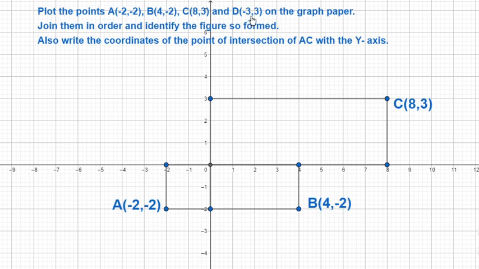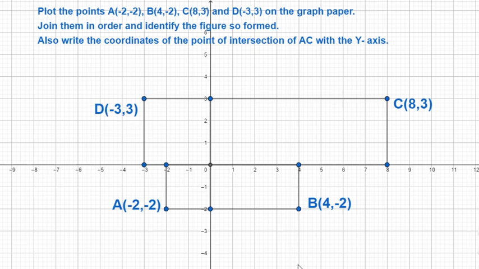The x coordinate is minus 3 and the y coordinate is 3. So we will move towards the x coordinate. Where is minus 3? This one. And where is 3? Upwards. So let's mark here. From the origin we are going towards minus 3, that is this line. Mark it here. Then from the origin towards the y-axis, what is 3? This one. Now moving towards both sides, where these points intersect each other, we will mark a point. So the intersection point is point D, and its coordinates are minus 3 comma 3.